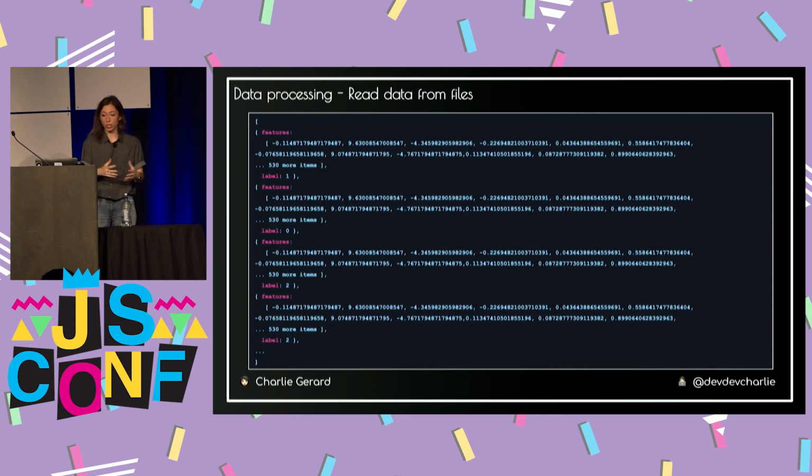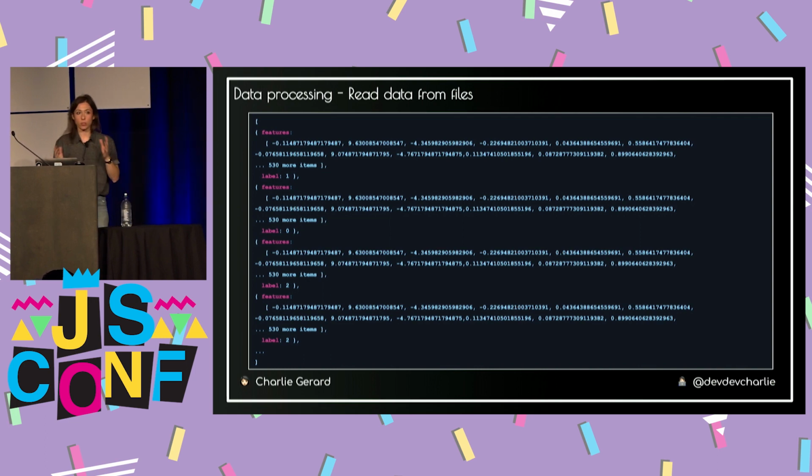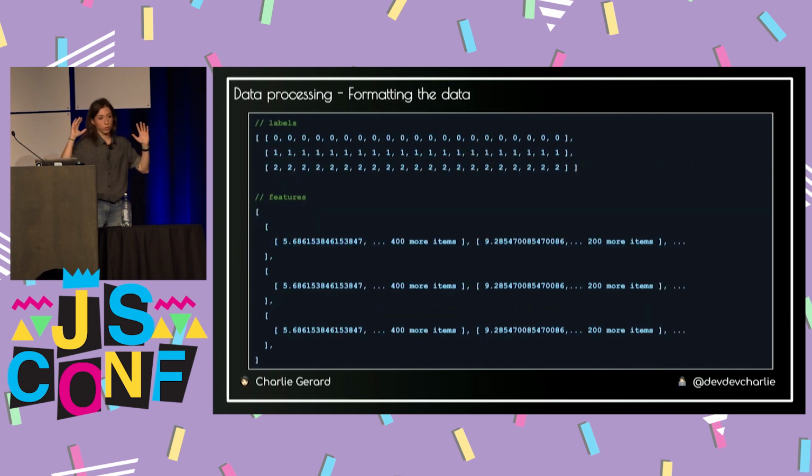We can work with objects, but TensorFlow doesn't work with objects. TensorFlow works more with stuff that looks like arrays, but it's more like tensors. But let's just talk about arrays. At the moment, we have objects, so that's not really good. So we need to split between features and label. We're going to end up with something kind of like this.